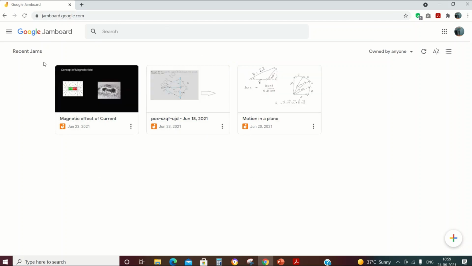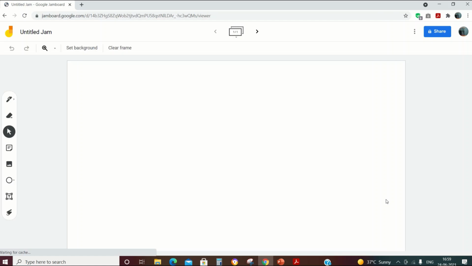You can see either a blank page if you have not started with Google Jamboard. If you are using it already, you will be seeing the boards you have already created. Since I used it a couple of times, you can see some of my boards here. And if you want to add more boards, the add option is there. You can click that new jam option. Then a board will be generated in front of you. So this is our workspace now.